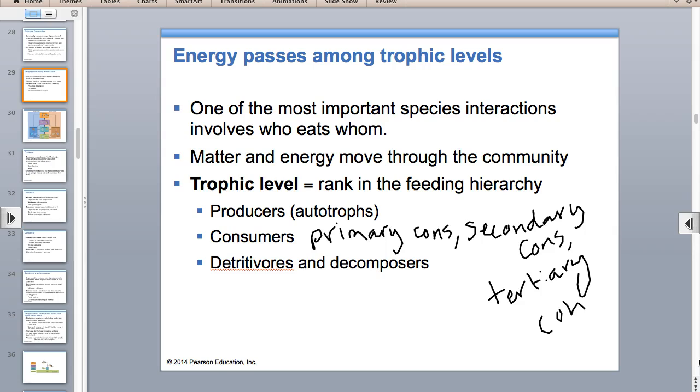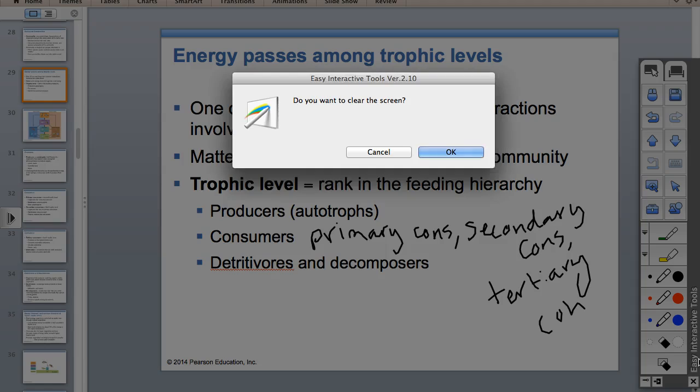But you have primary consumers, those are going to be your herbivores, right? Secondary consumers are going to be carnivores, and tertiary consumers are also going to be carnivores. Can you see I'm making that connection? So what if you have more than three? Usually, because only 10% of the energy is passed on at each trophic level, you don't. But I guess, sure. I don't know that it has a special name.